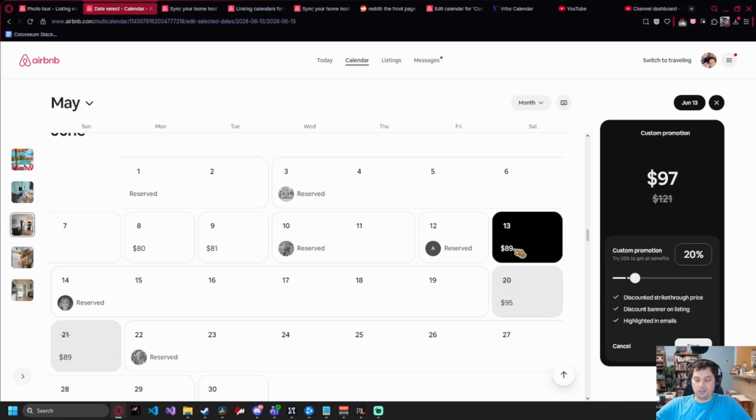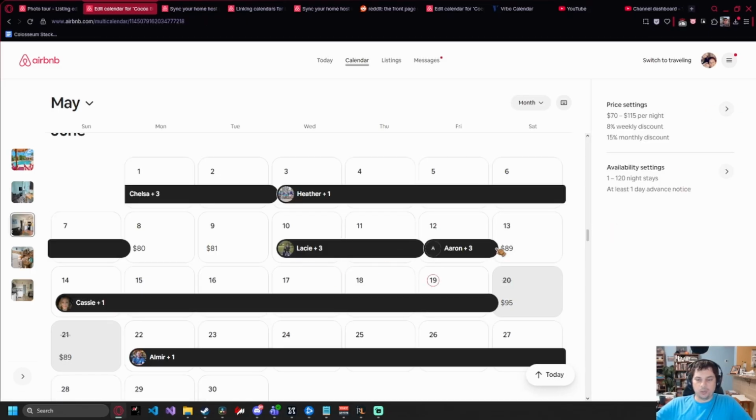a cost, since you can set the promotion price and normally it'll be higher than whatever your average price is because you already are getting close to that date and you've got a bunch of discounts on that date versus your regular average price. So this is definitely a really good feature to use, and this is the custom promotion